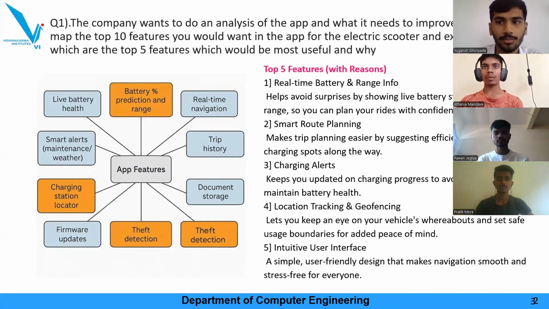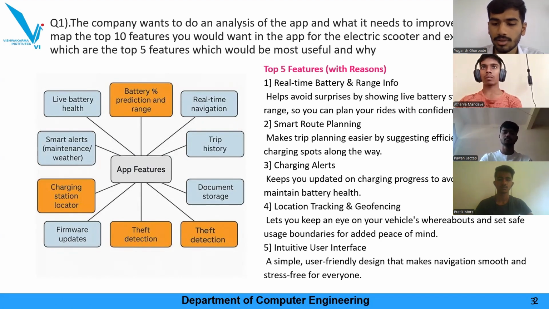So we are from computer engineering department, and the first question is the company wants to do an analysis of the app and what it needs to improve it. A mind map: the top 10 features you would want in an app for the electric scooter, and explain which are the top 5 features and why they would be most useful. So the top five features would be real-time battery and range info, smart route planning, charging alerts, location tracking and geofencing,